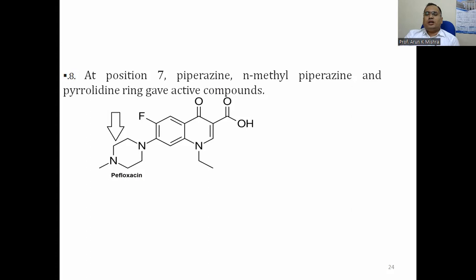Now coming to position number 7. At the seventh position, the piperazine moiety is also one of the important structural units, and without this, the activity may be reduced. So, in most of the fluoroquinolones, the seventh position compounds, the fluoroquinolones is having